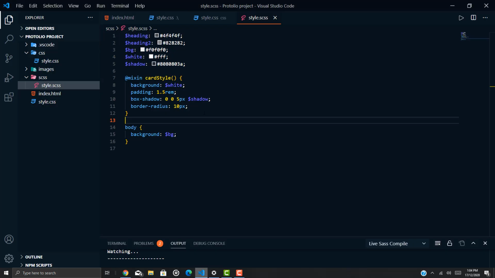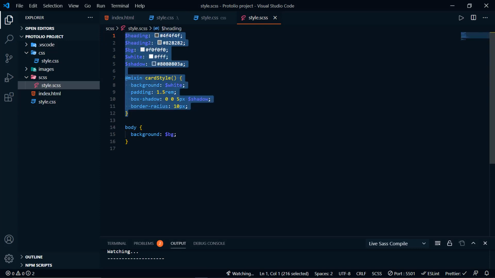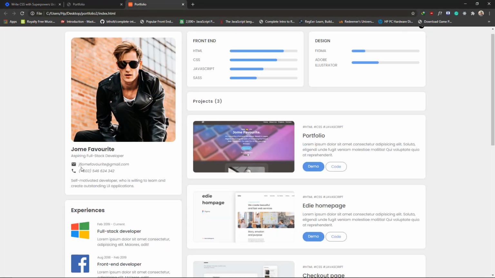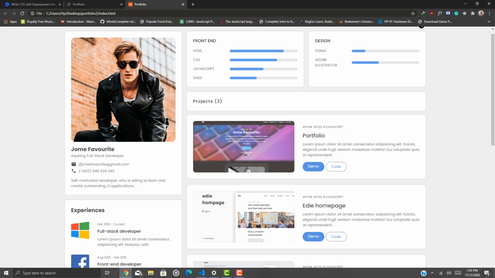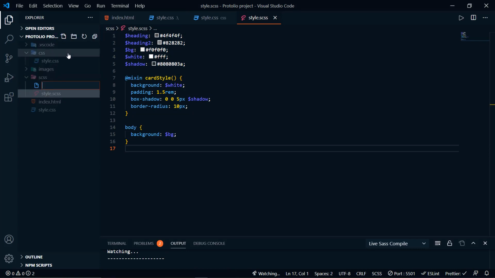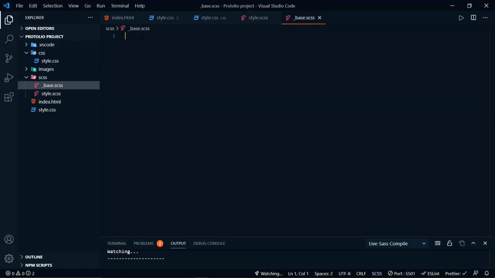Now looking at this, all these I've written up here, they don't really relate to the components, right? So this is a component, this is a component, this is a component, this is a component, right? The profile, the project, these are components, right? So we could create a new file or write a partial. It's my way of naming it base, right? So I name this base,